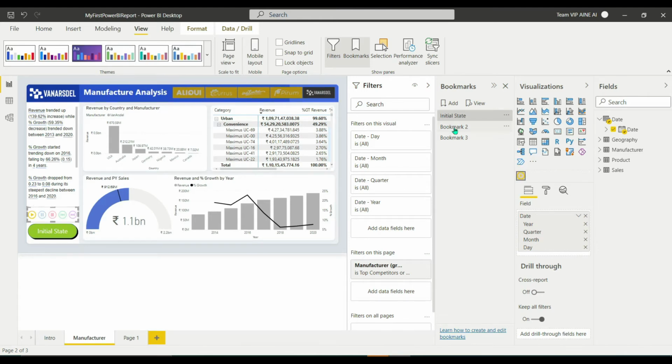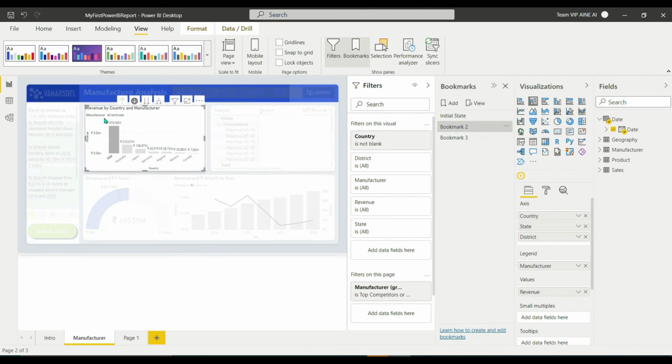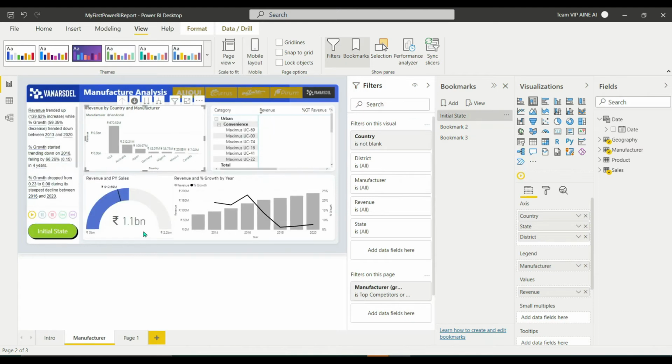Bookmark 2 is especially for the USA alone, to check the analysis for the USA. And bookmark 3 is for the Australia column. Based on this, you can create as many bookmarks as you like for detailed analysis. Once we click the initial state, it will return to its initial state based on the bookmark created.